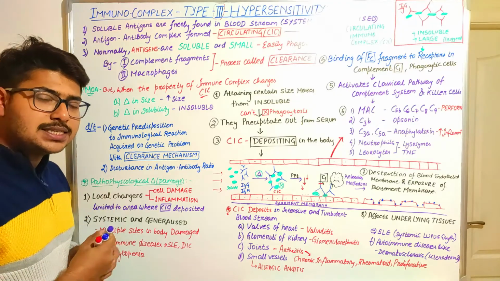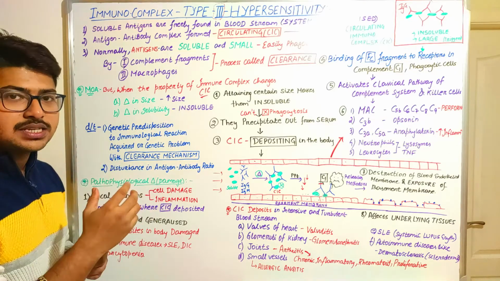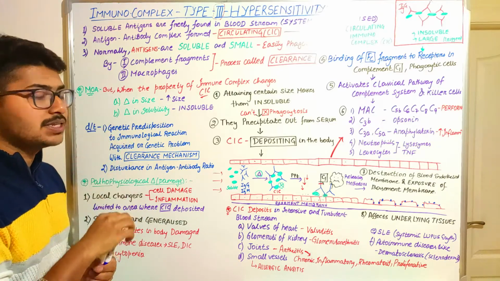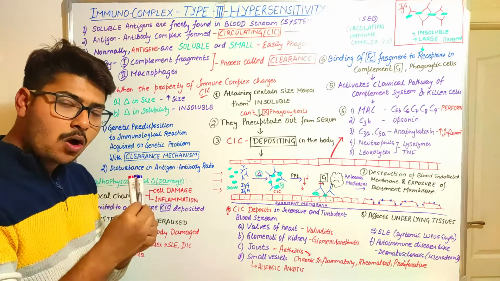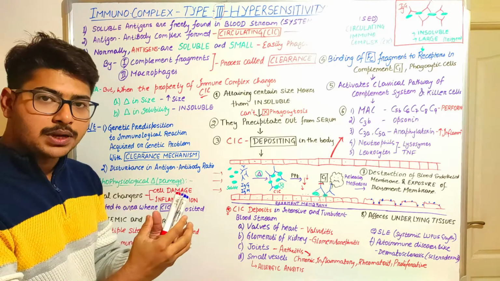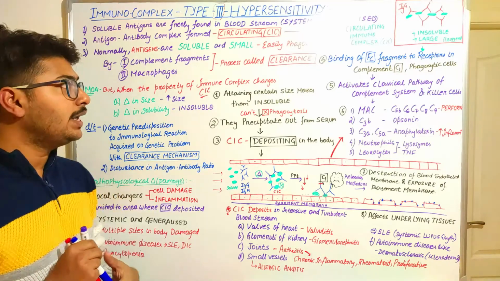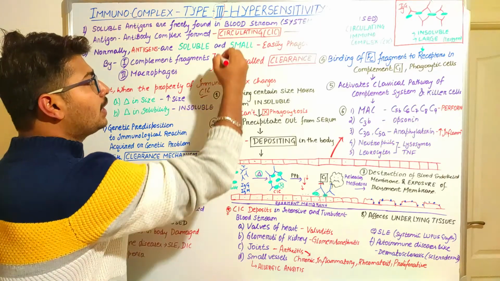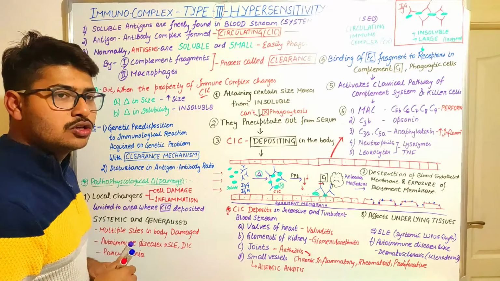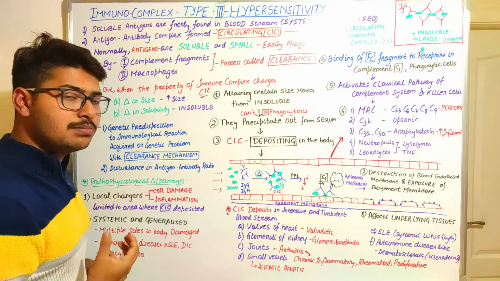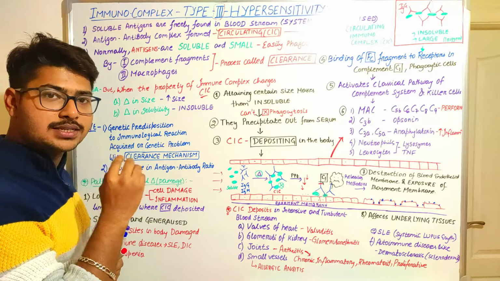Okay, so when the antigens are normally present in our body, the antibodies freely moving in the blood serum or the vessels will recognize that the antigen is present, and then they will bind with that antigen, forming a complex that is known as antigen antibody complex. As the antigen antibody complex circulates throughout the body, it is called the circulating immunocomplex, or CIC. So here the immunocomplex means the antigen antibody complex that is formed in the blood serum.